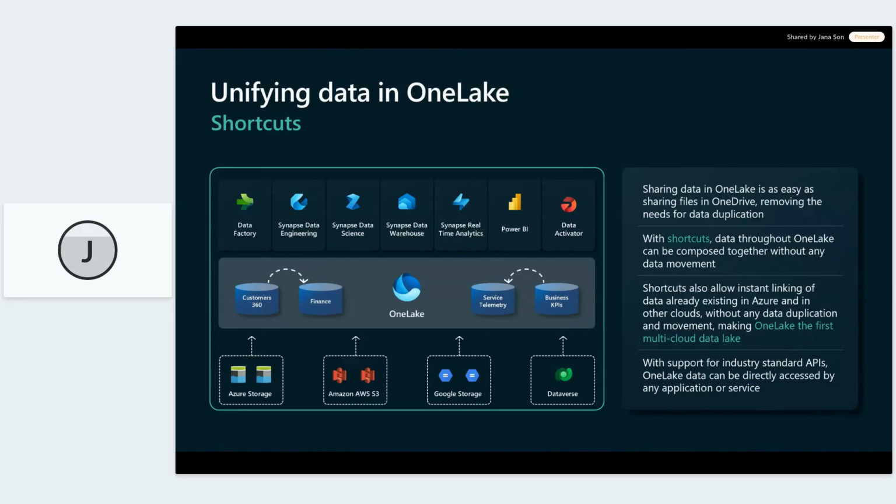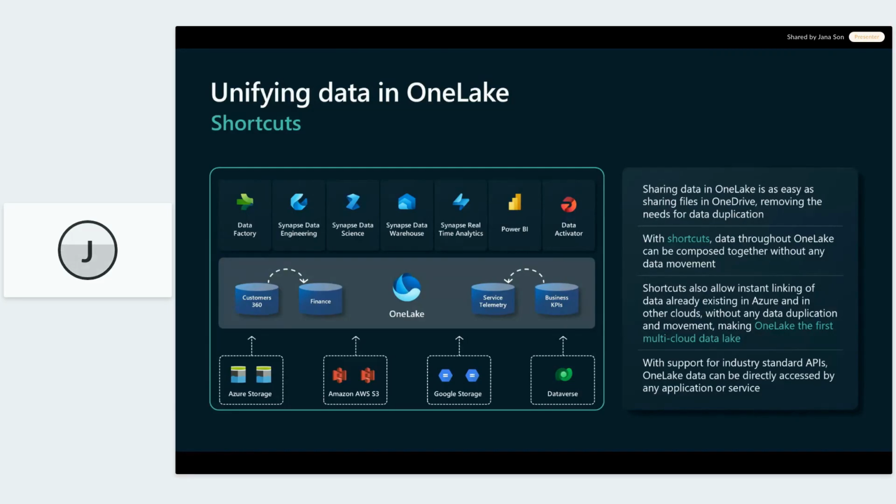As to Dataverse, which you can see as well, Microsoft actually changed the file storage format to Delta also. Hence, the data from your Dynamics 365 portfolio of products can also be available in OneLake via shortcuts. So whether it's Business Central, the CRM modules for sales, marketing, customer insights that they have, or F&O, all that can be accessible in Fabric with a much smoother integration experience as well.